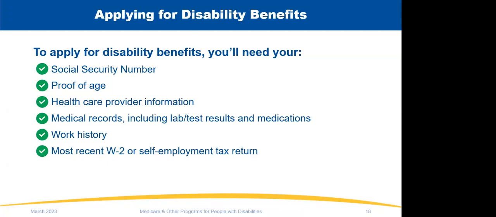But we're also going to ask about education. We're going to ask, what was the highest grade you completed? Did you do any vocational trainings? Do you have any special trainings? Because we need to know, are you able to do something else, right? The W-2 and the tax information, there could very well be a need for that when we're determining if you have enough credits. Are you going to meet those two work tests that we need to make sure you meet?